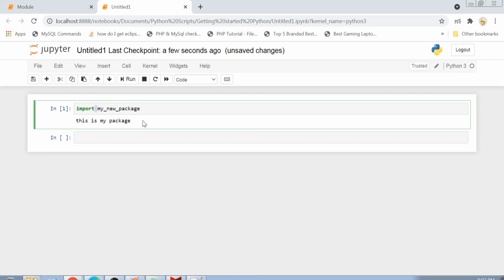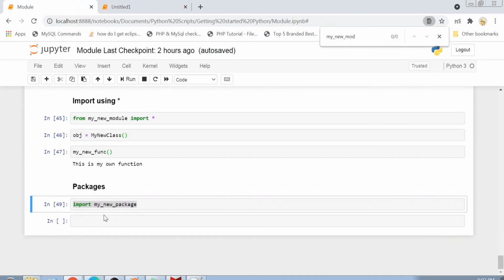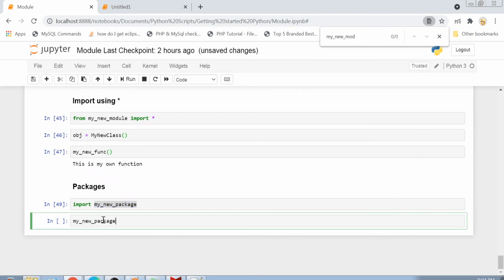Whenever you are importing a package which has never been imported before in your code, your init.py file will get executed, and it is basically used to initialize some of the variables or some of the objects while importing the package. That is the use of init.py file. But other than that, the main use of creating packages is that you can use the modules defined inside the package with the help of package name dot my new module.